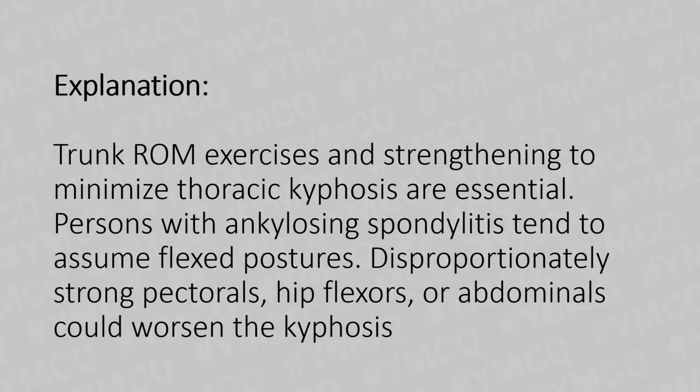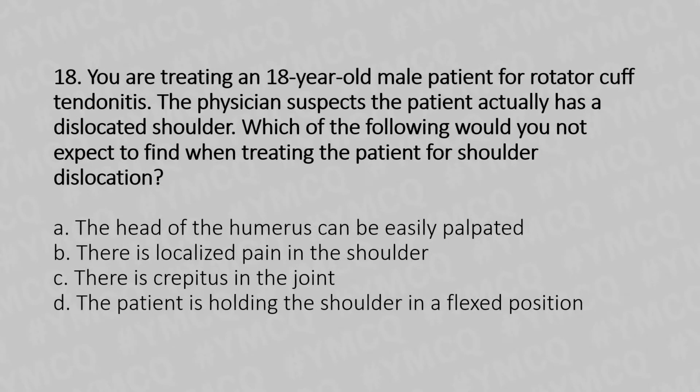Now let's move to our 18th question. You are treating an 18-year-old male patient for rotator cuff tendonitis. The physician suspects the patient actually has a dislocated shoulder. Which of the following would you not expect to find when treating the patient for shoulder dislocation? Option A, the head of the humerus can be easily palpated. Option B, there is localized pain in the shoulder. Option C, there is crepitus in the joint. Option D, the patient is holding the shoulder in flexed position. And the answer is